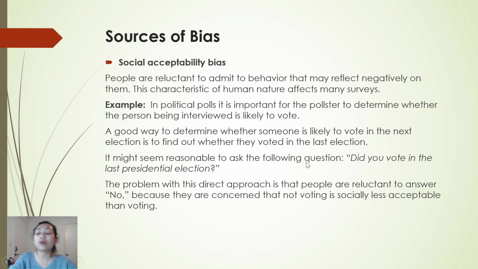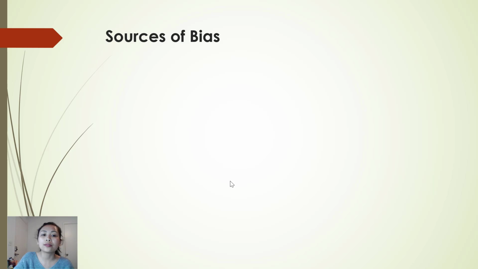Because if we ask them, are you going to vote, and if they say no, the behavior of not voting is a little bit negative. So usually people will avoid saying no. That's why we try to manipulate the question to make people more comfortable to answer honestly. So we change the question to, did you vote in the last presidential election, instead of asking, are you going to vote? Next,